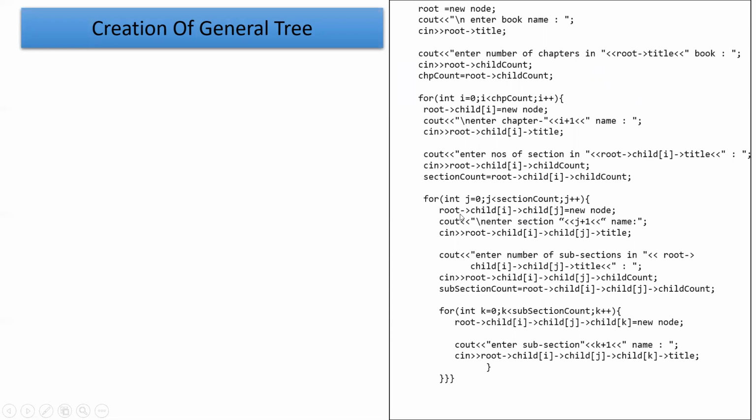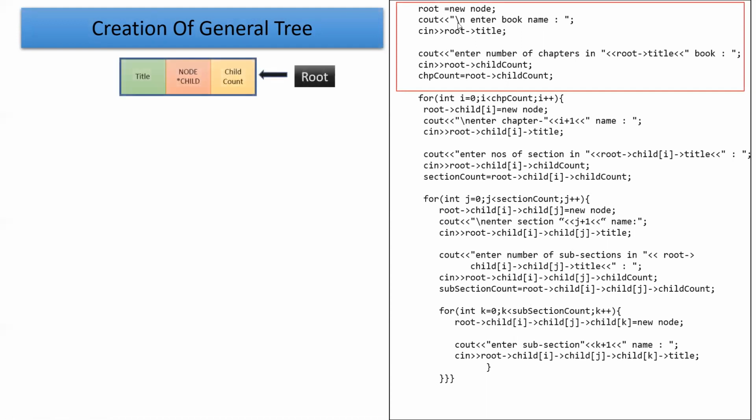For the section, again, we are going to allocate the memory. We are accepting the subsection count from the user. And depending on that, we are running the next for loop, which is related with the subsection. So here, first we are accepting the root data, that is the title name. For that title, how many sections we want to attach. For those sections, how many subsections we want to attach. Depending on that, we have written the for loops here. Now we'll see how it will execute.